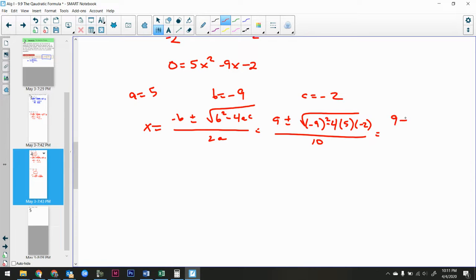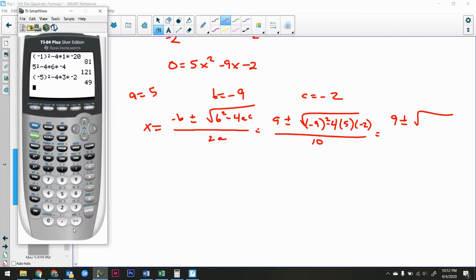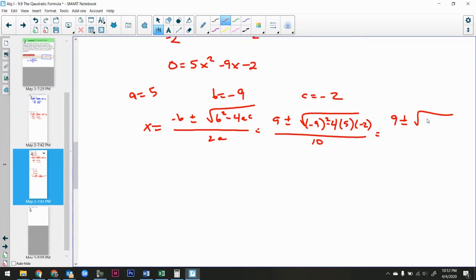All right, so 9 plus or minus the square root of, let's figure out what's underneath that parenthesis. We've got negative 9 squared minus 4 times 5 times negative 2 is 121